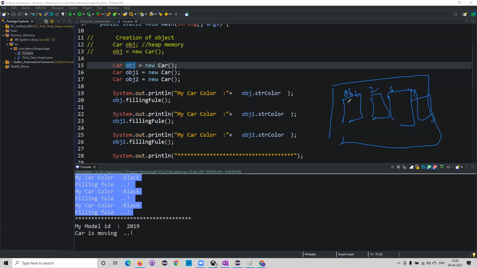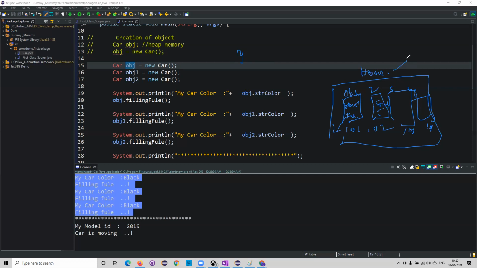Here first I created with string color, string color, string color, and the method. Now this is 101, 102, 103, 104. Now first we are accessing this. When we execute, we are trying to access this, and all the variables here will be coming from the heap memory. Keep it in mind: where will the non-static variables be stored? Stack memory. But when we create and access those particular instance variables, where will they be stored? Heap memory.